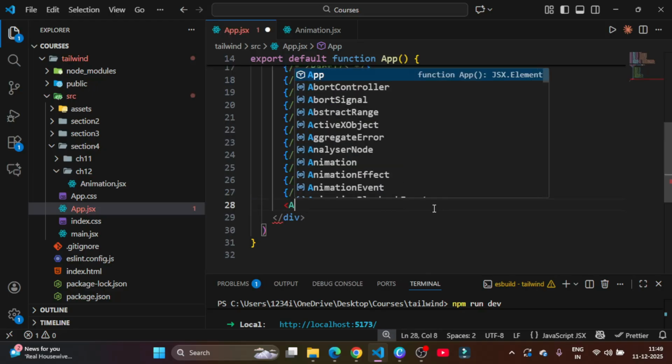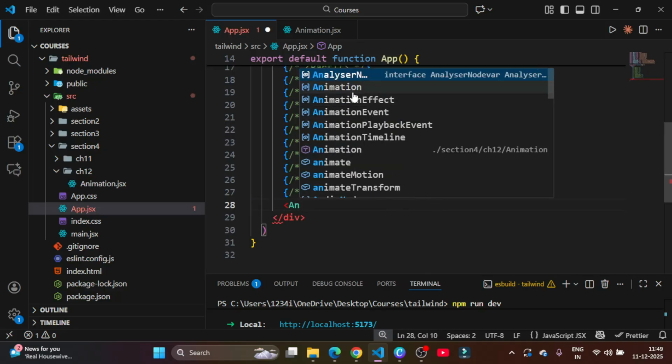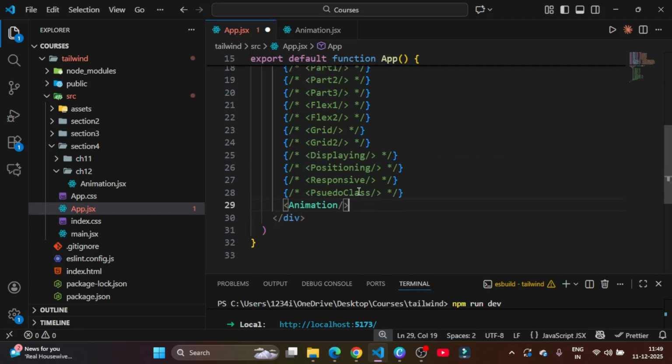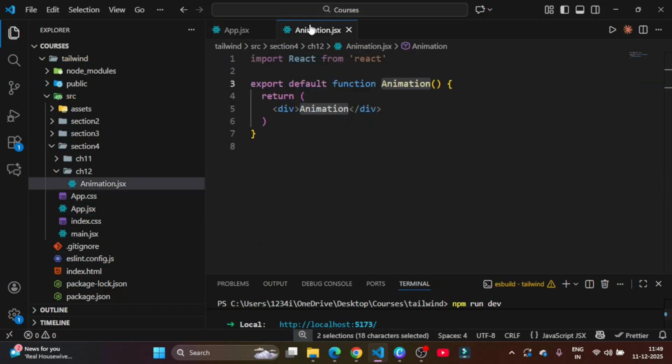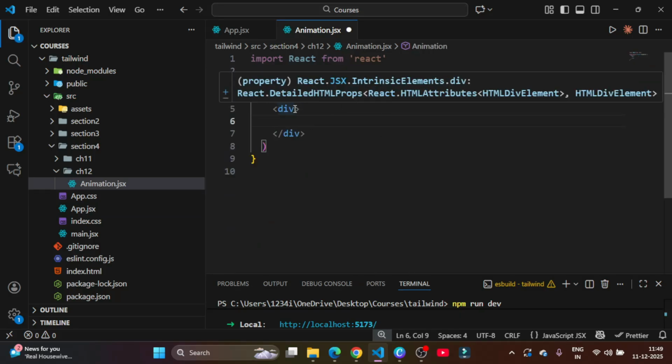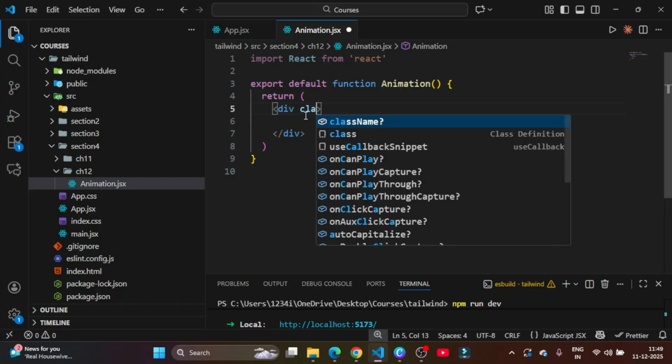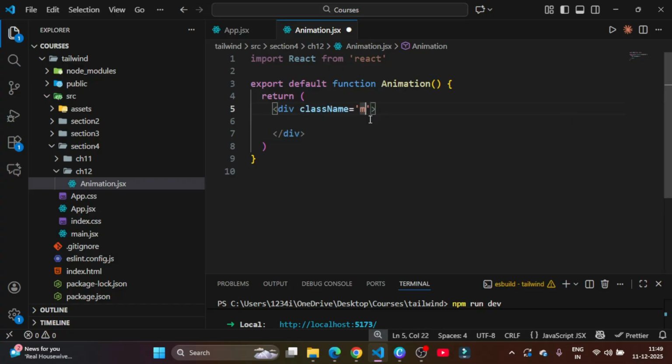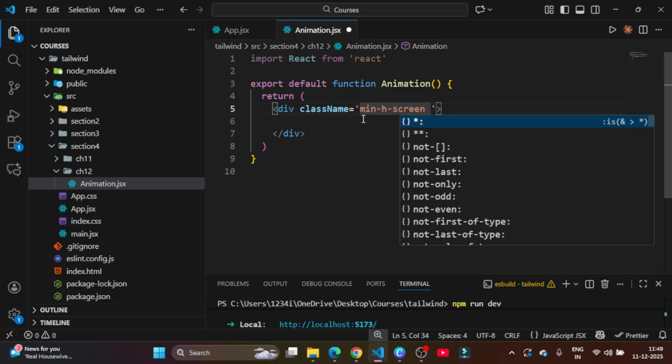So then Animation, that is here, and now it shows. So this is a parent div. I'm gonna put min height screen, and then the basic transition is,